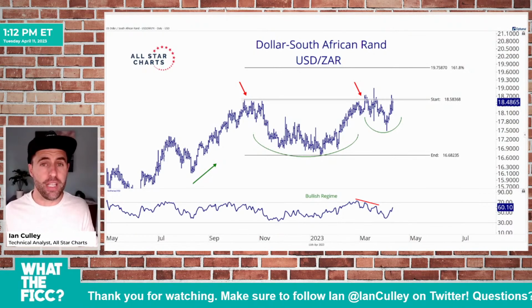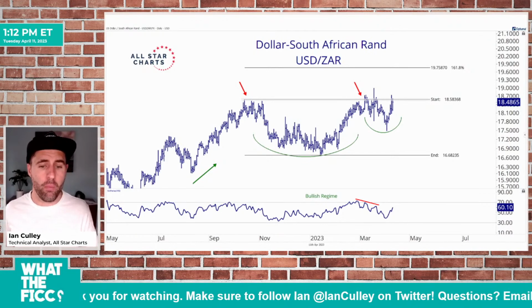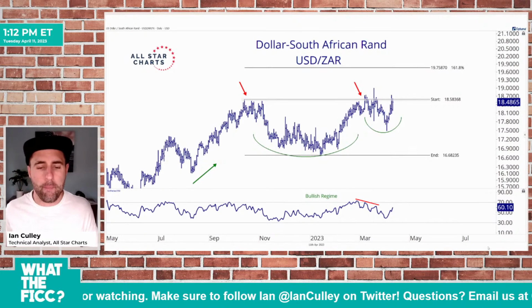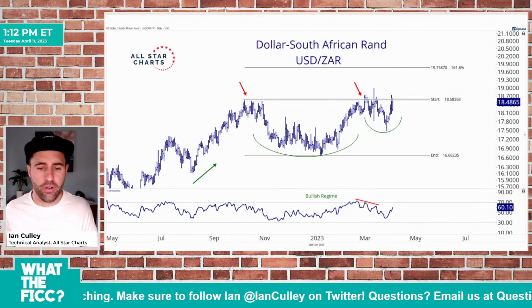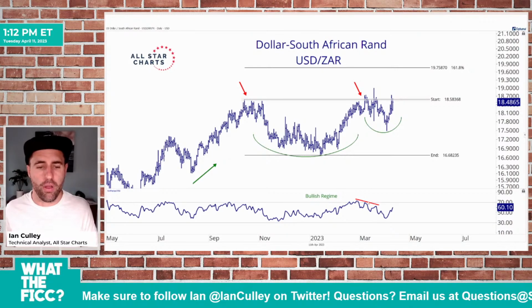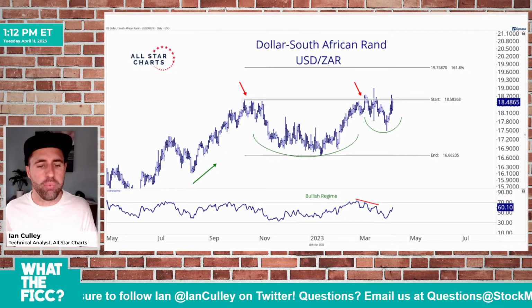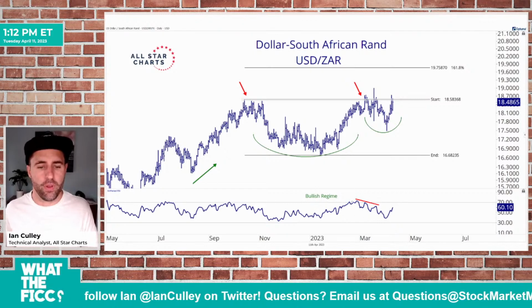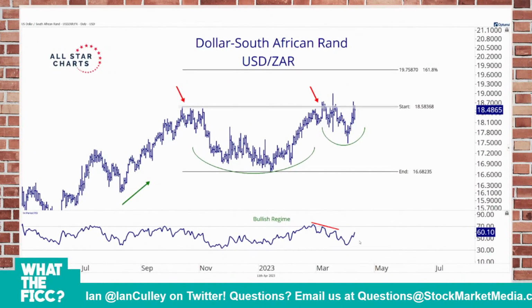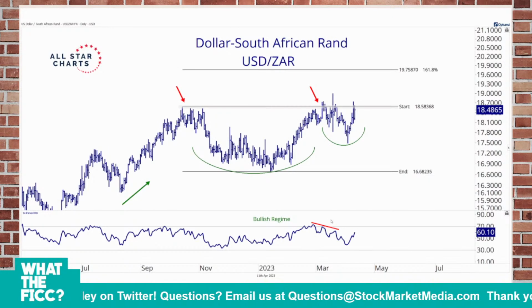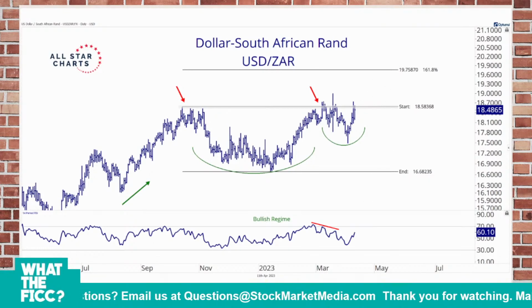Now, something to keep in mind. Now, yes, look at momentum. We have a bearish divergence here earlier or last month. It's still holding within a bullish regime, right? So these divergences work themselves out all the time. So this isn't concerning. But if and when the dollar rand does break to new all-time highs, it does resolve higher from this base, call it a cup and handle if you like,